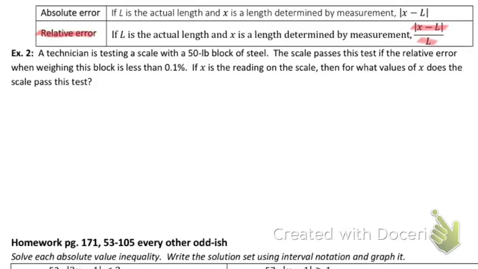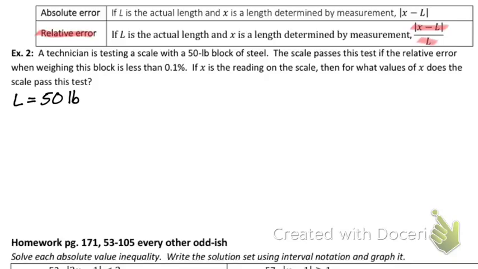So it says a technician is testing a scale with a 50-pound block of steel. That 50-pound block of steel is an actual weight. That will be your L value. That is the fixed weight, that fixed temperature, whatever they're giving, whatever the fixed thing is, that is going to be your L. The scale passes this test if the relative error when weighing the block is less than